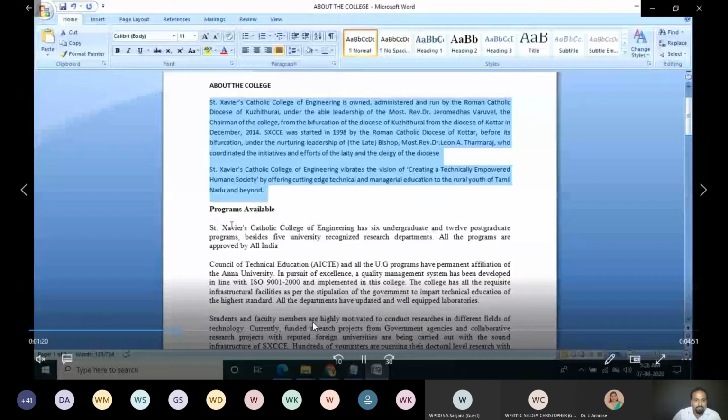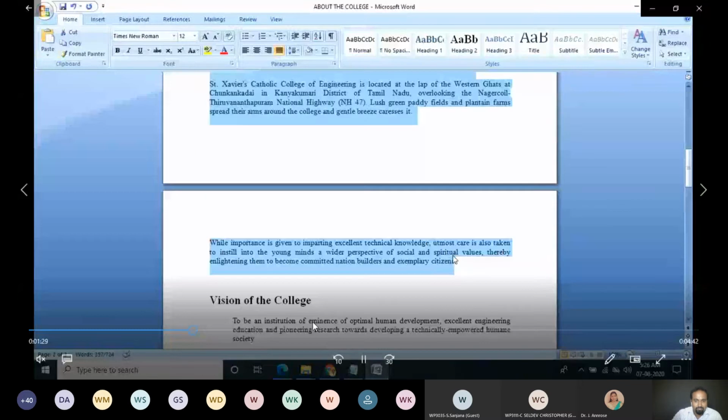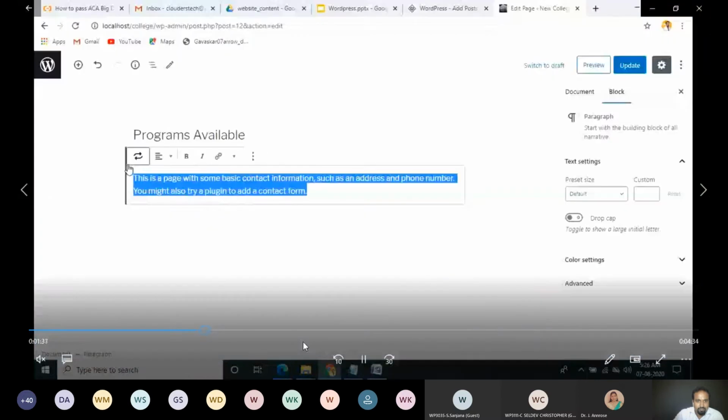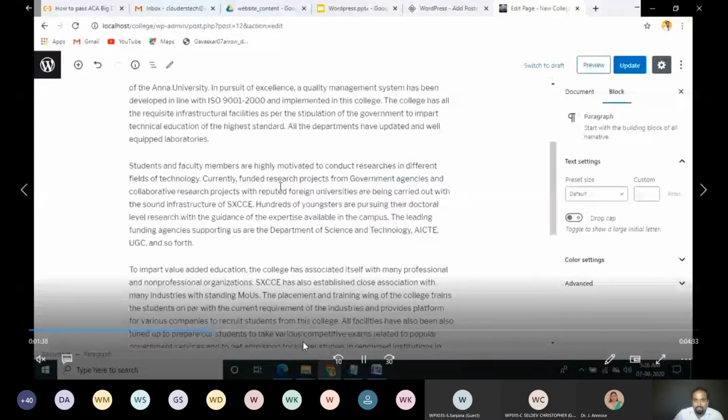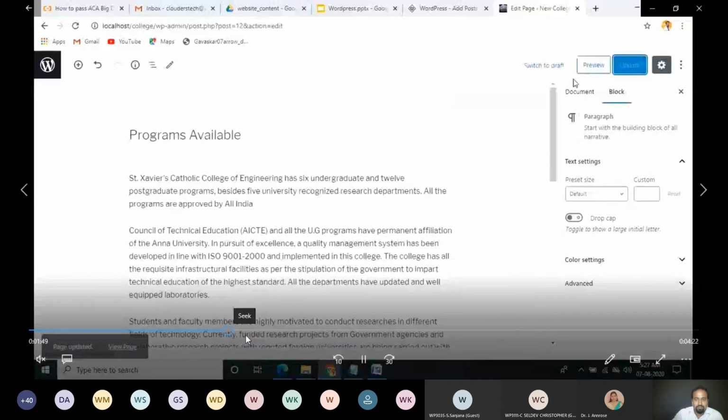The second content you have to paste over there. Copy this, paste it over there. Now update.